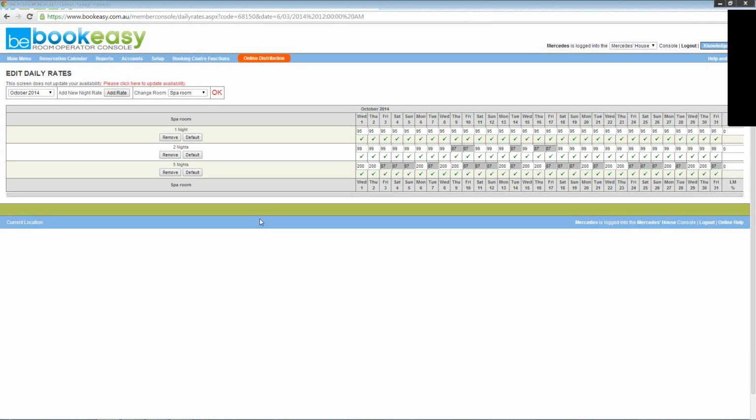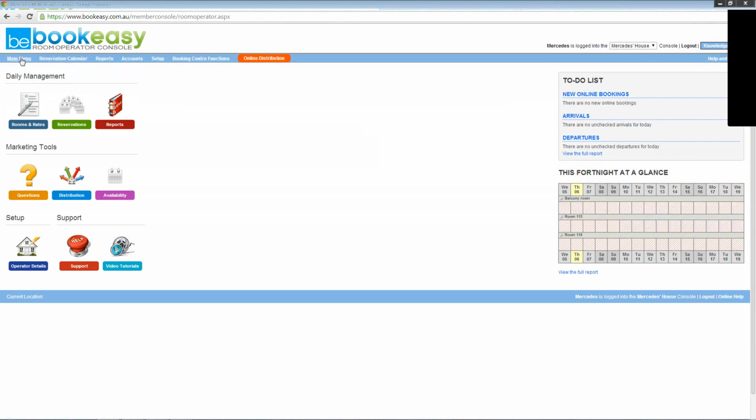Okay, so if you're happy to move on, we'll just cover the availability again. To get to the availability, you can either jump back to the main menu at the top left-hand corner, or you can hover over reservations calendar and go to availability. You just click availability there, next to the distribution. Just there. So if you click that,